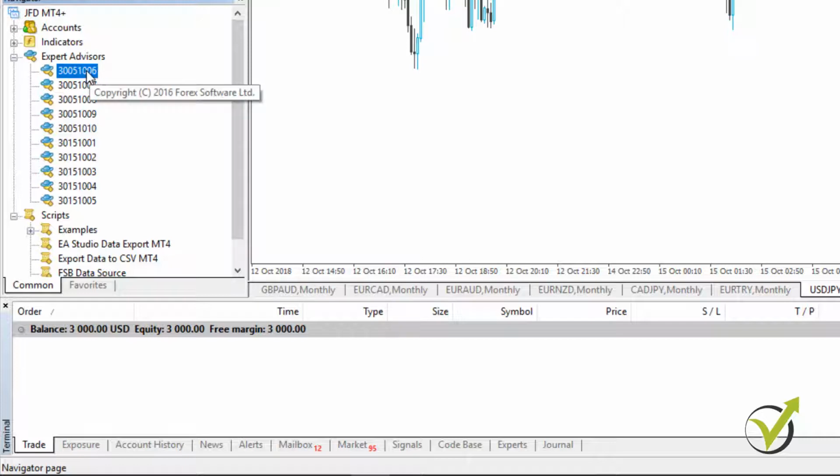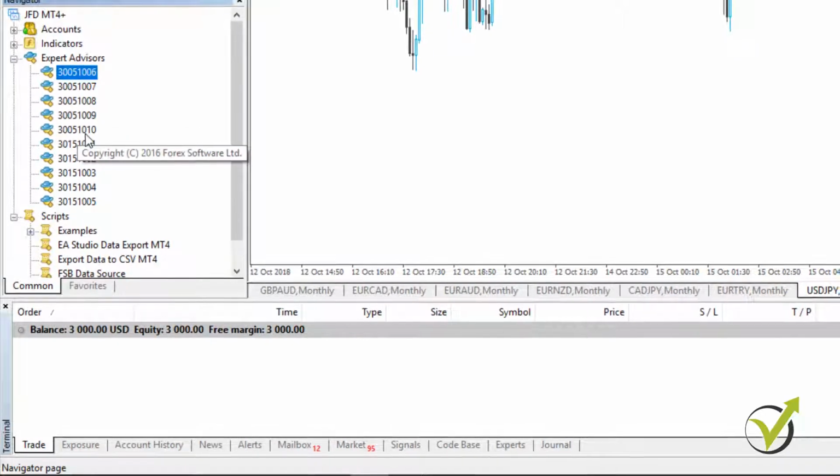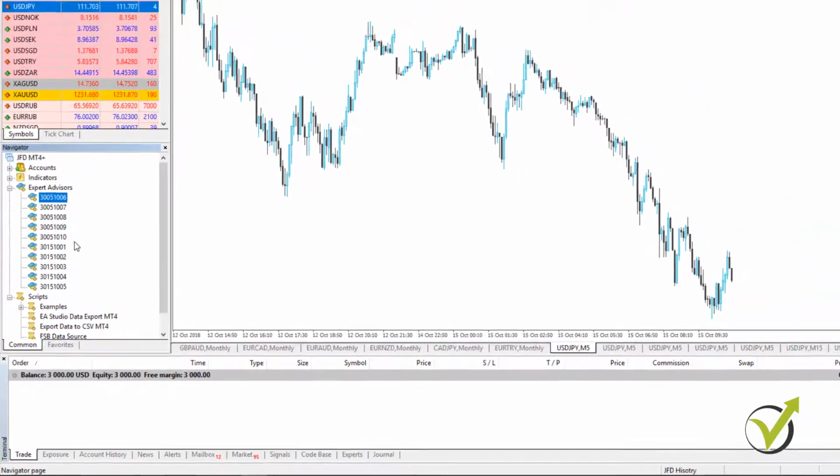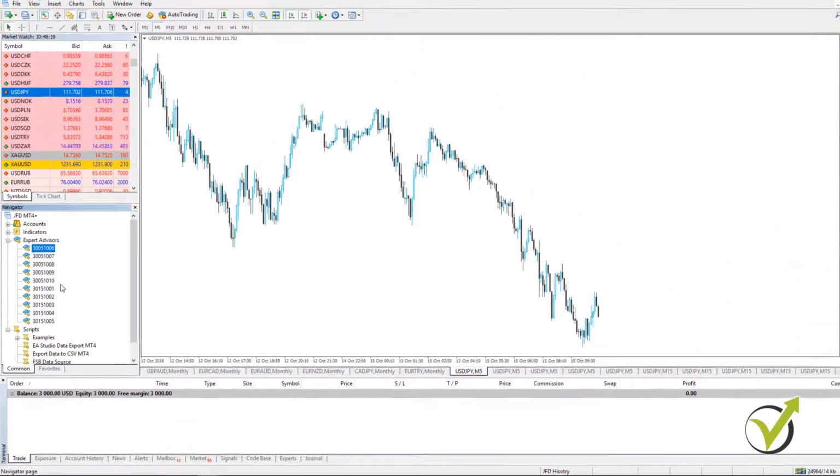Okay, and then in this case, particularly for this course, 06, 07, 08, 09, 10, and then 1, 2, 3, 4, 5, this is just to recognize the different expert advisors. So the last digit is kind of their unique number, and the previous ones show the version, the time frame, and the currency pair. Alright, but this is my own system. If you have a better, simpler one, that would be even better.